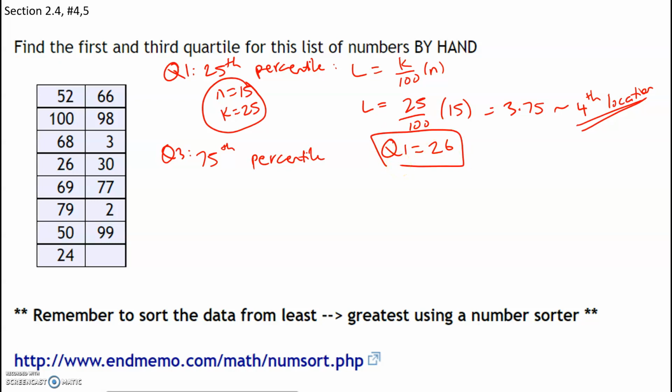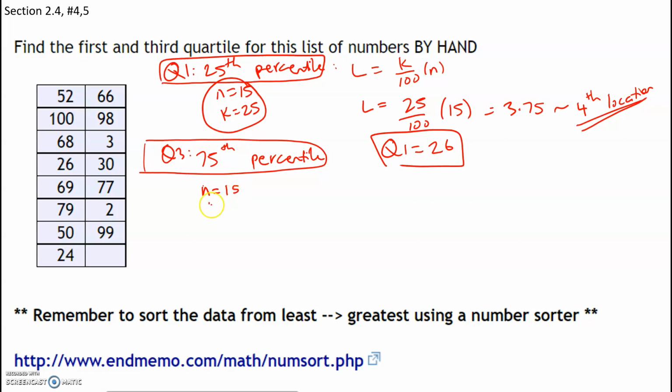Okay, now let's use a similar method in order to find Q3, which is the 75th percentile. So n is still going to be 15 because we have 15 values, but k now, instead of 25, is going to be 75 because Q3 is always going to be the 75th percentile. So what are we going to do with this? We're going to say that our location is going to be given by k, which is 75 over 100 times n. Put this in a calculator, so take 75 divided by 100, multiply that by 15,